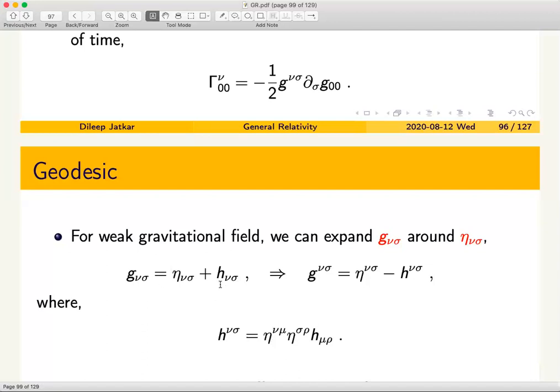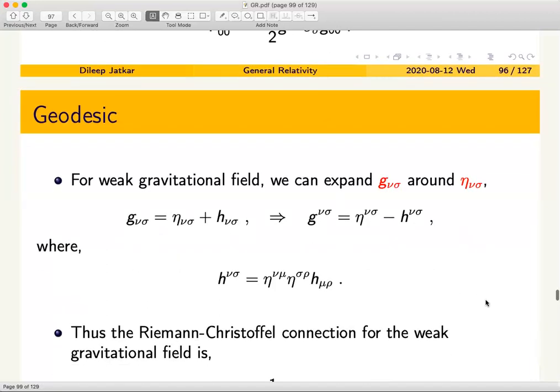Anyway, coming back to what I was saying, g times g inverse should have been 1, which of course comes out when you take the product of two etas. But then there are terms which are proportional to h. Terms linear in h would vanish, they would cancel out. Then there is a term which is quadratic in h, and that of course doesn't vanish, but that would require your g inverse to have a correction which is quadratic in h, and so on. We will not go to that level of detail because we are assuming that these quantities are small.